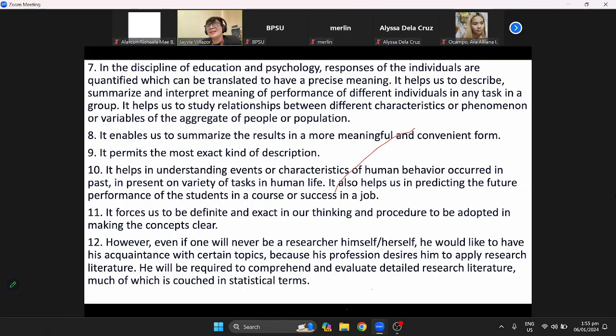Or mas naiintindihan mo yung different discipline, because you know what statistics is. Because statistics, again, is applied to different facets of fields or multi-disciplines. Okay? Ayan. Now,